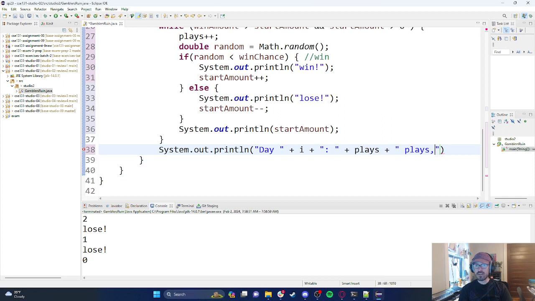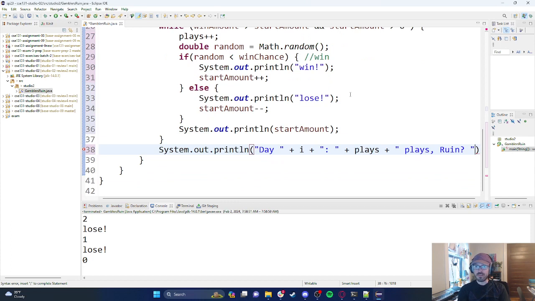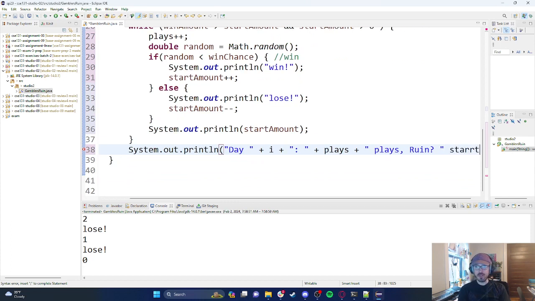And now I need to indicate whether we have ended in ruin or not. So I'll go ahead and say something like this. I'll say ruin? And then the way that I can tell whether I've ended in ruin or not is based on the amount of money that I have. So if start amount is equal to 0,